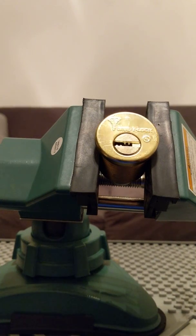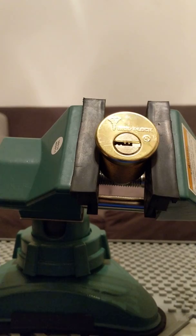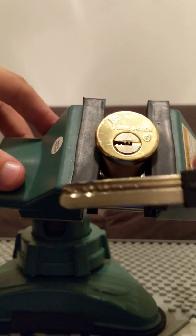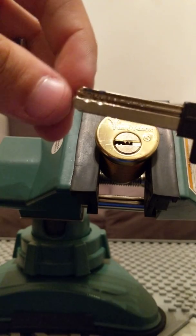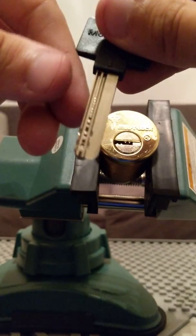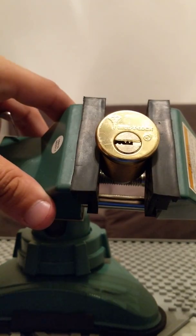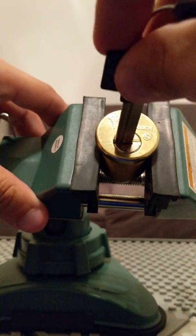So this is going to be my first video of me picking a lock, I guess, on my YouTube channel. This is a Multi-Lock. I believe it's a classic. If you look at the pattern on the key, it's not an interactive, and this is definitely a pin-and-pin lock, which I'll show you when I gut it after I pick it. The key